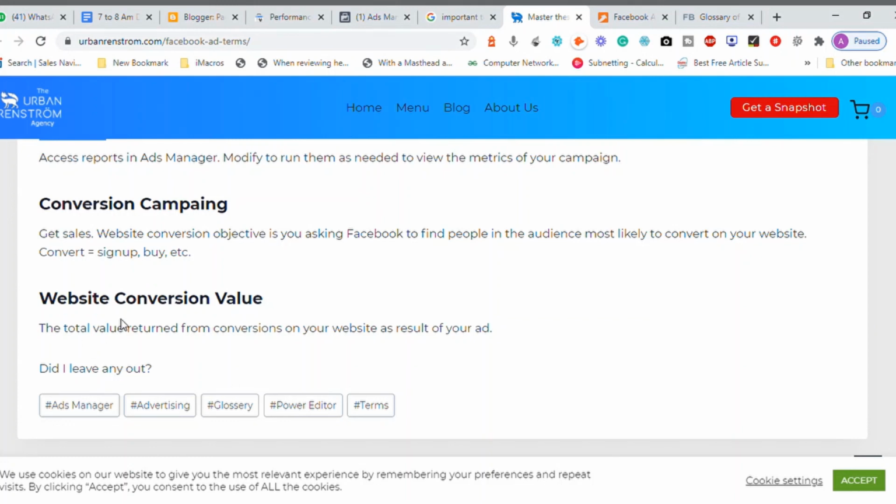Now, website conversion value. This has three different terms inside: website, conversion, and value. Conversion means a visitor coming and becoming a customer. The conversion value means that if the value of each customer is approximately rupees 100 and you have 10 customers coming in, you end up having 1,000 total value. So each conversion can be assigned a value, and that is called a conversion value.